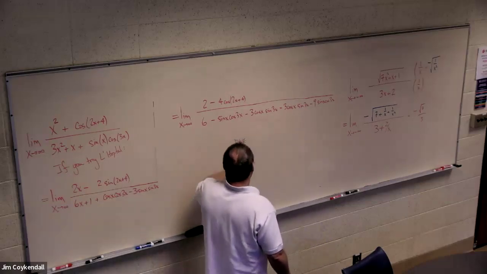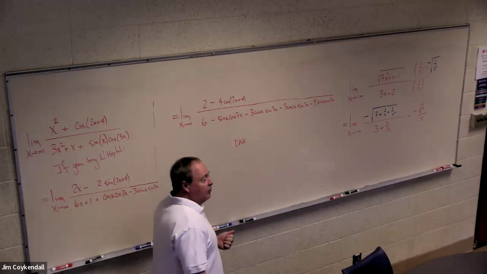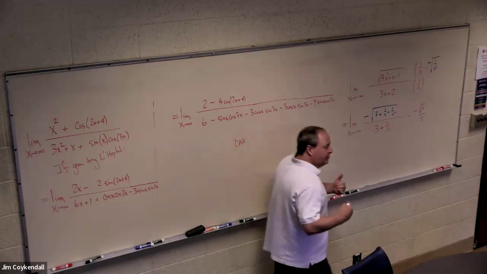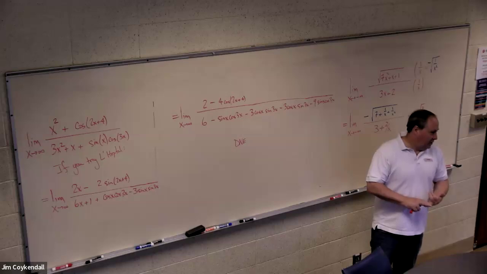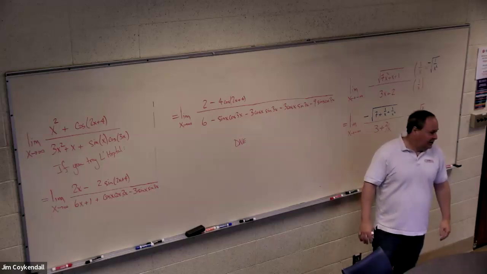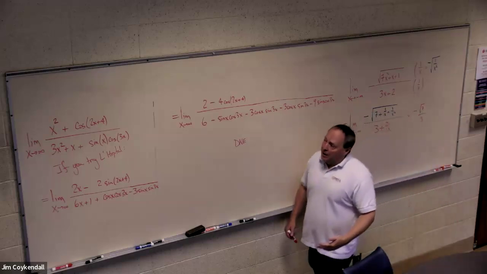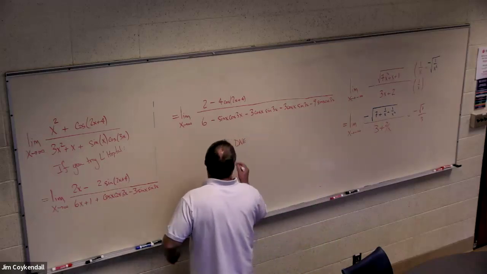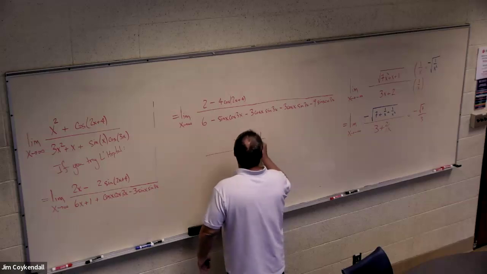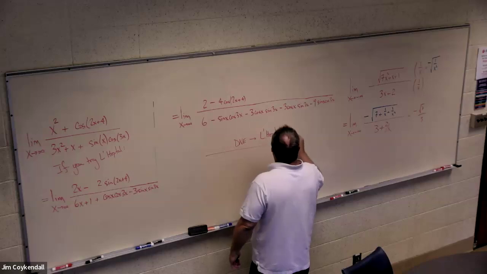L'Hopital's rule only works if at some step you either get a number or you get infinity or minus infinity. When you get one of these wiggly things, that means L'Hopital's rule can't be used in the first place. So how do we do this if you can't do it this way? So this means